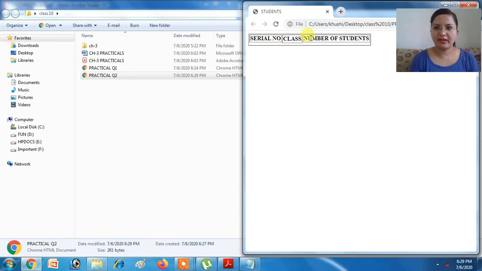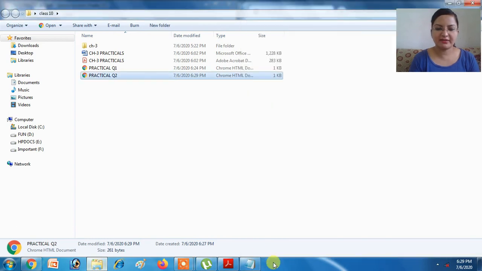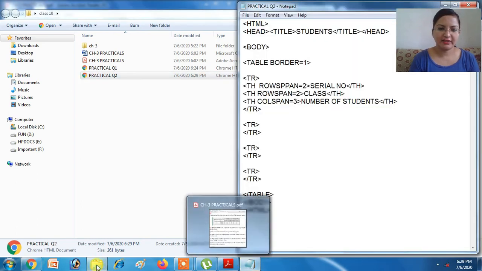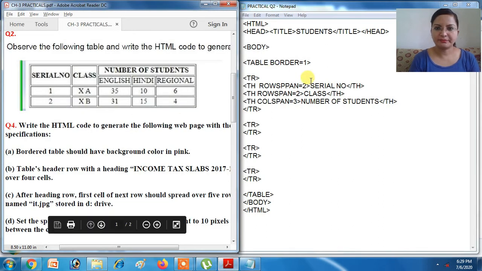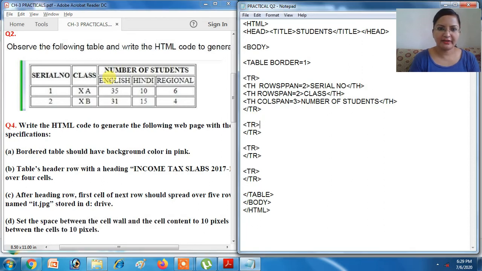Okay, you can see the output is proper, but the span we will not be able to see. This we will see when we insert the second row cells. Okay, so let's open the notepad and the question. So here you will find 3 TDs. Okay, 3 cells here in the second row, write 3 TDs.